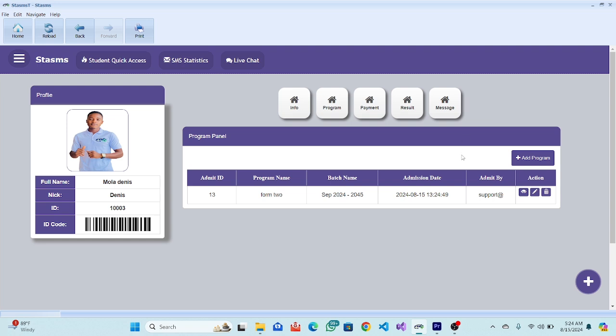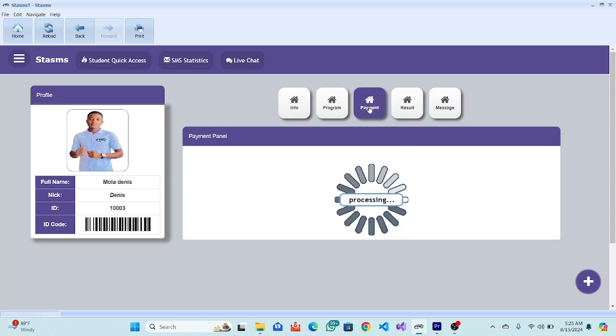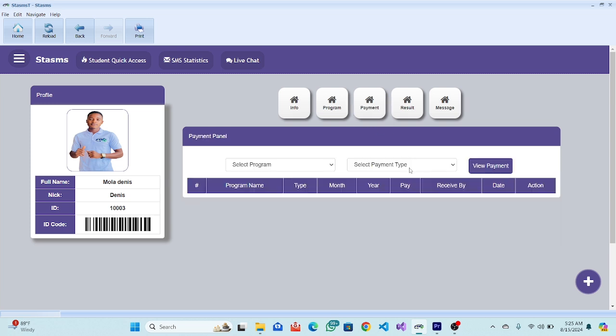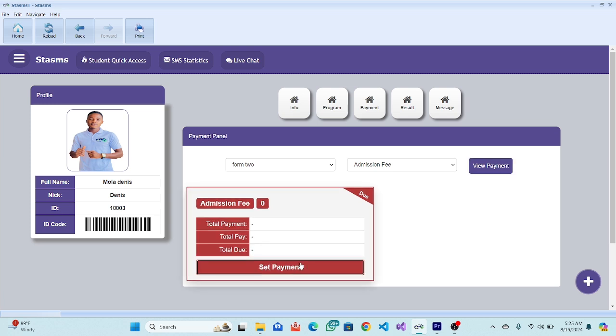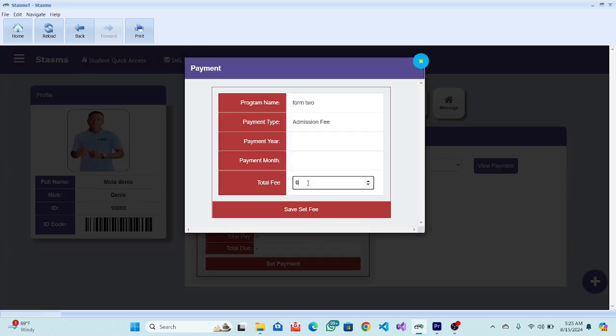And okay, now we have to look at our documentation, like giving the student a document showing that he has been admitted. You haven't paid the admission fee here. So if you want to go further, you have to go to the payment. And we already have a payment set for that program, which is Form 2 under the same program. So if you click that, you see Form 2. All right, so we have admission fee, and we click view payment. Okay, set payment, and we haven't set that, so we set payment